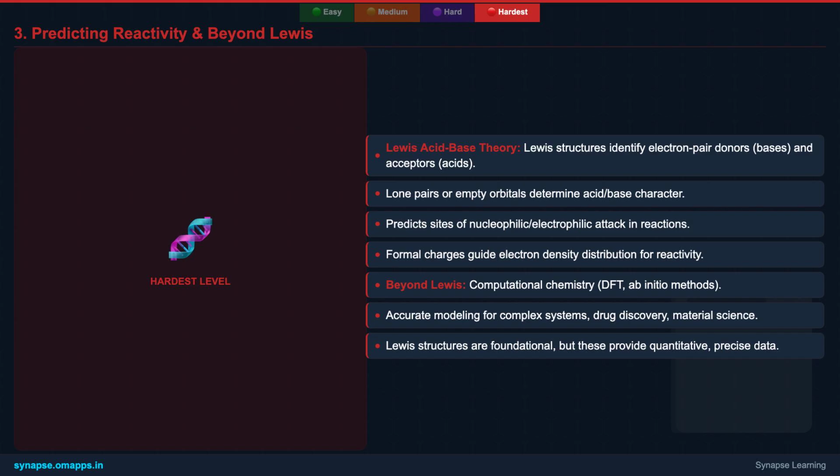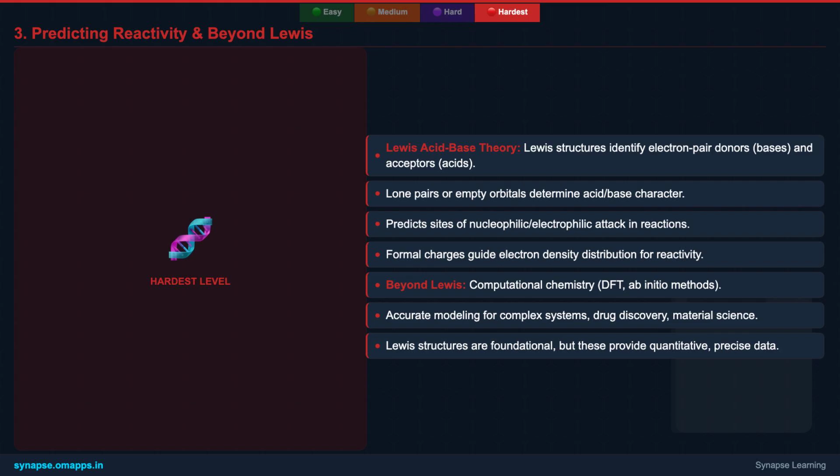This fundamental understanding is crucial for grasping reaction mechanisms in organic and inorganic chemistry. Finally, we acknowledge that for cutting-edge research, computational chemistry methods like DFT go far beyond simple Lewis structures, providing highly accurate models based on quantum mechanics, which are essential for fields like drug design and material science, showing the legacy